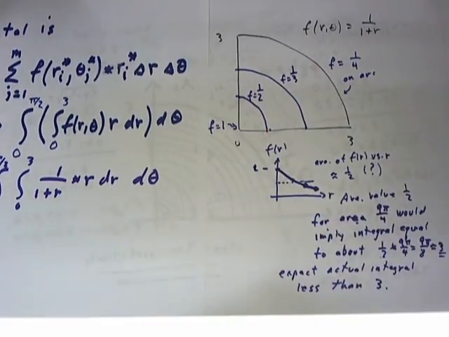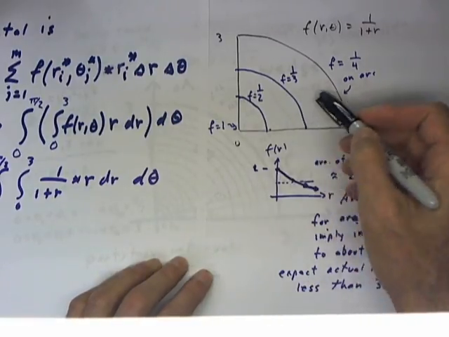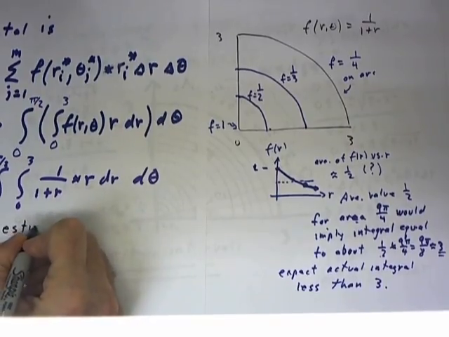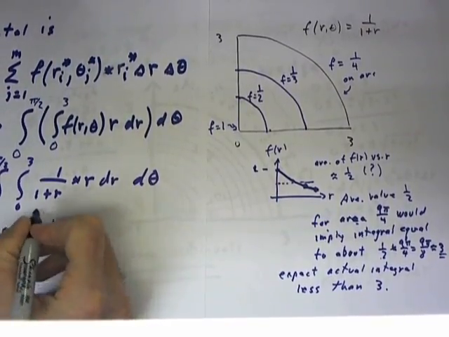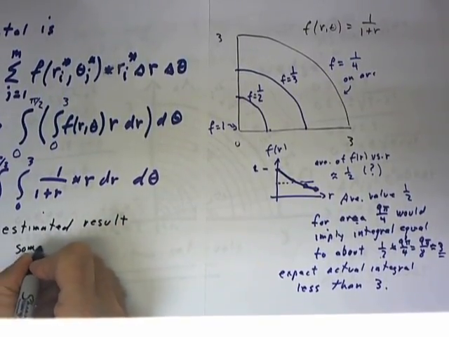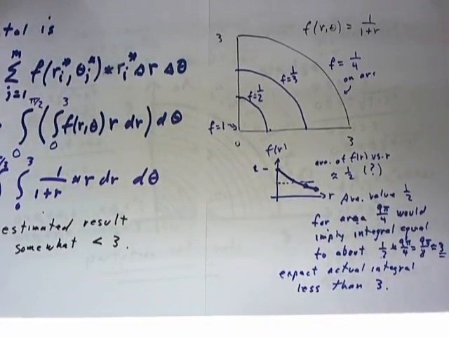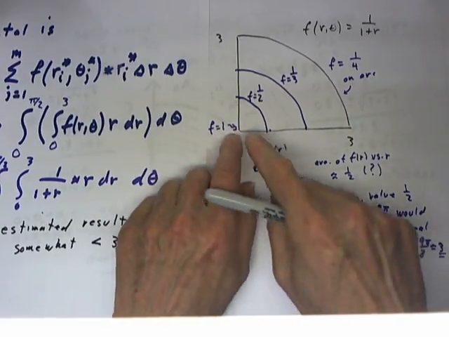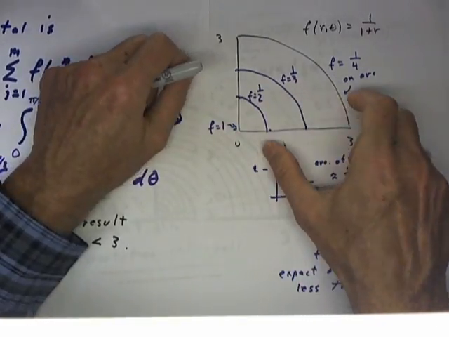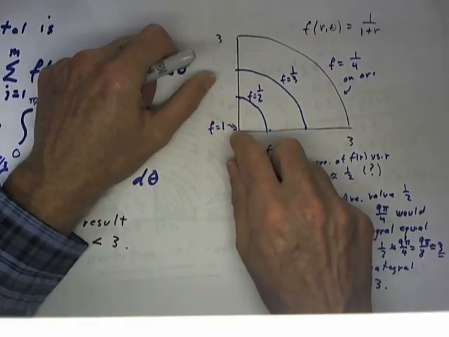So we've seen that based on the values of f at different distances from the center, we conclude that the estimated result is somewhat less than 3. The interpretation is fairly straightforward if we consider this to be a thin sheet of material that's denser here than